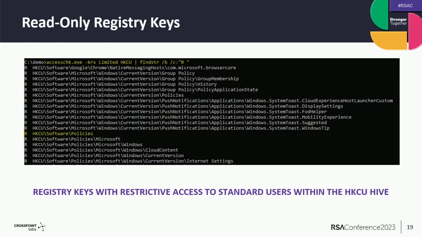The second interesting registry key that the standard user does not have write access to is this one, which is current user software policies. I will get into that in a bit, but I just want to point out a couple of things. First, Windows does not allow you to create a registry symlink between different registry hives. So you cannot create one from current user to the local machine registry hive, for security reasons.